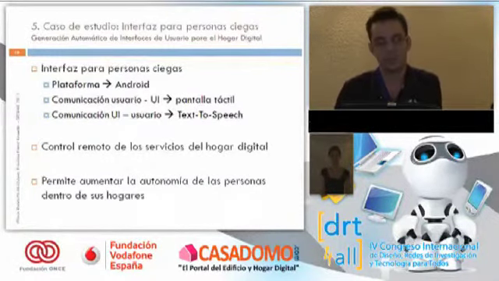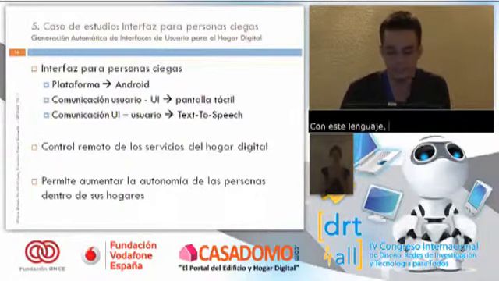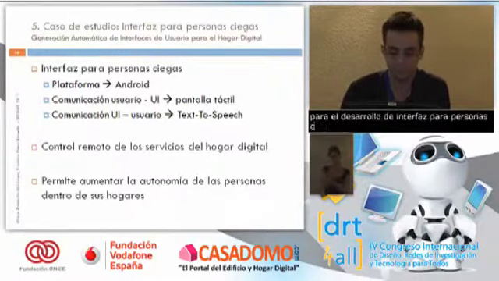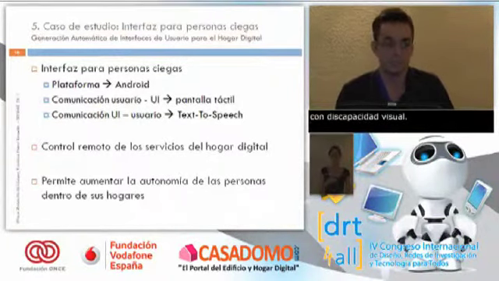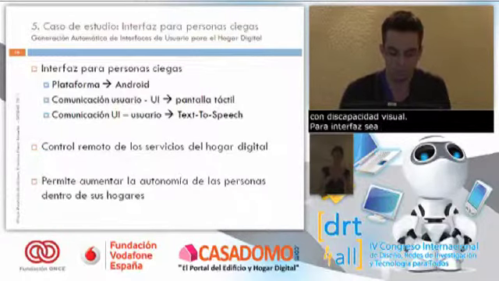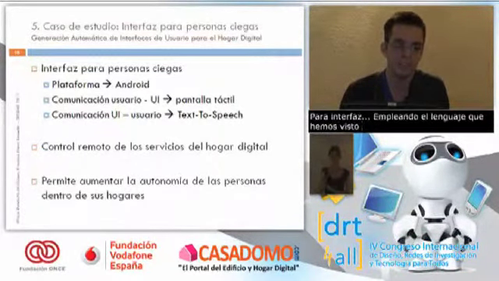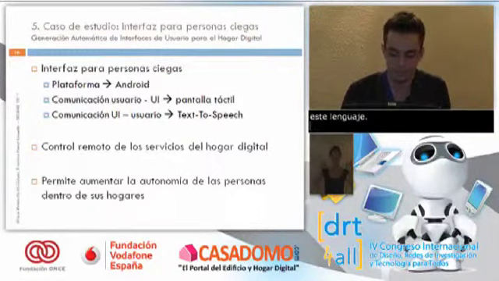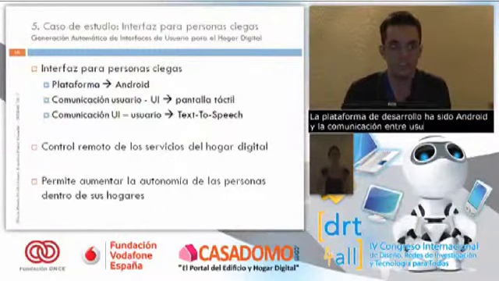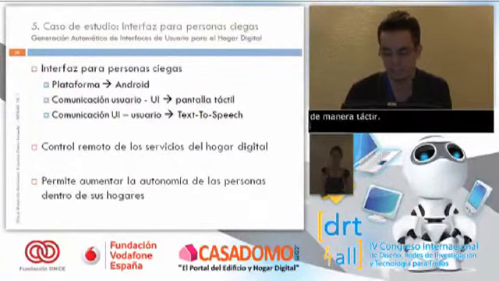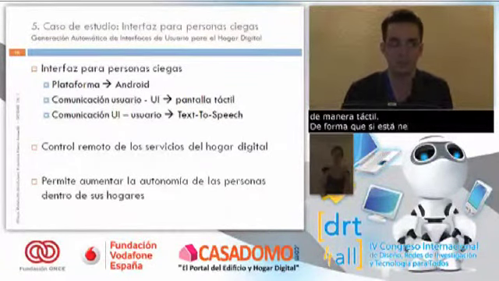With this language, we've done a study for an interface, developing an interface for visually impaired people. The interface has been created using the language that we've seen, and we have the interpreter, which is all about processing this language. The platform that we chose to use for this development was Android, and the communication between the user and the interface was a touch screen with 4 gestures, so they could navigate using